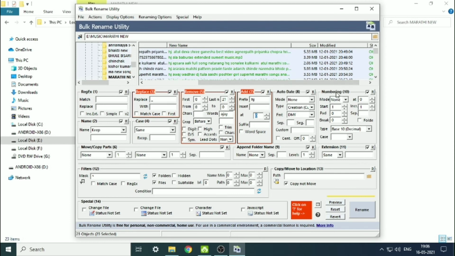And even numbering, so from the first character to the fourth character it will rename, and then again from fourth to fifth, from sixth to ninth, in such a way you can adjust.